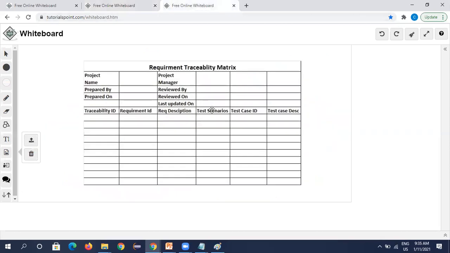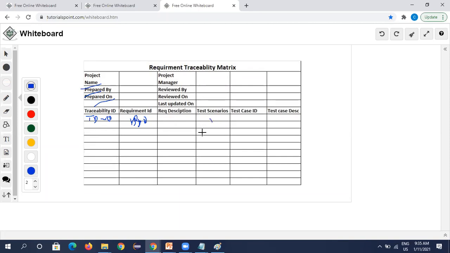Okay, so this is the requirement traceability matrix table template. Here you will have the project name, who prepared this traceability matrix and when it was prepared. The traceability ID will be there, like TD_01. The requirement ID will be there, RD_01. Then the requirement description, and the test scenarios we have prepared.